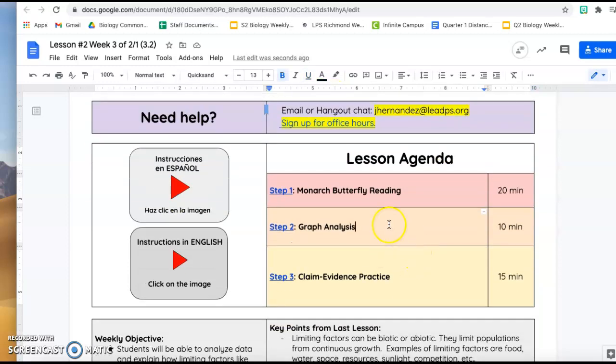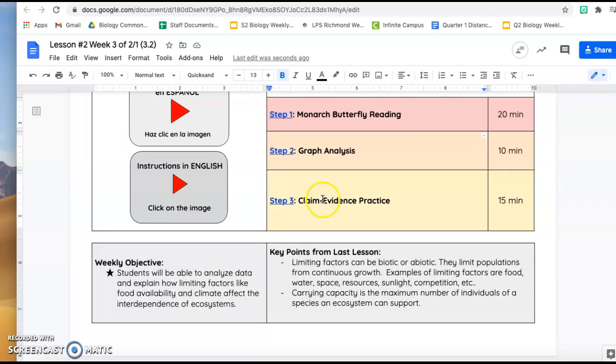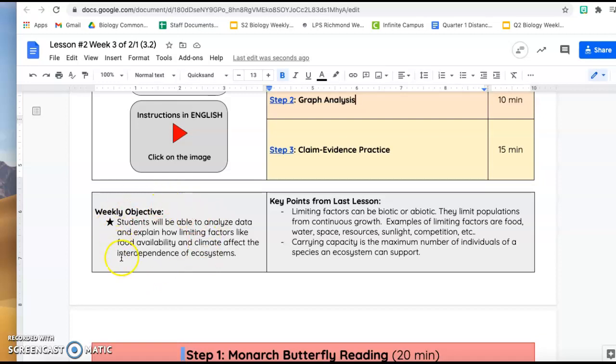Here's the lesson agenda. You will complete a reading about monarch butterflies, do some graph analysis, and then complete claim evidence practice based on the data that you gathered from the graph. You can find your weekly objective here on the left side and the key points from last class here on